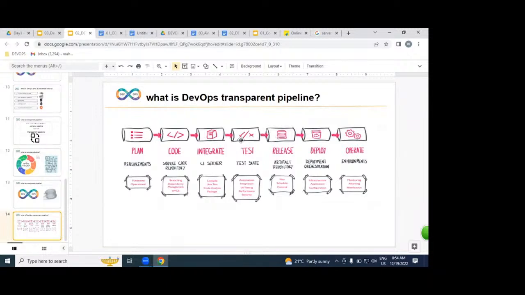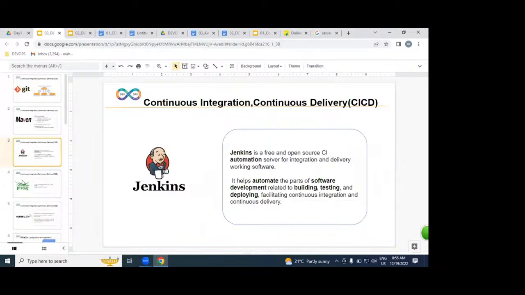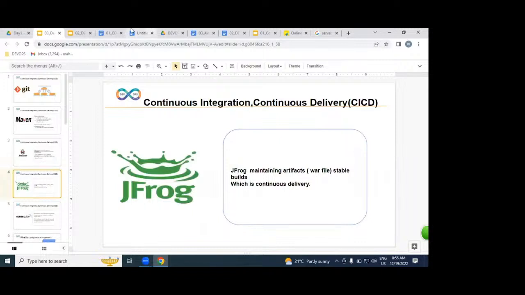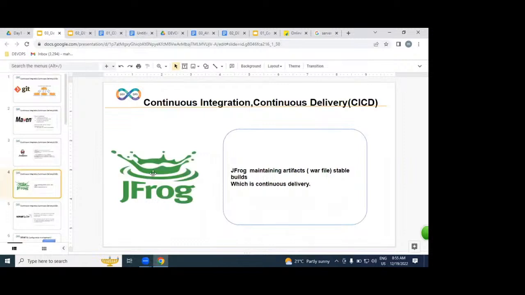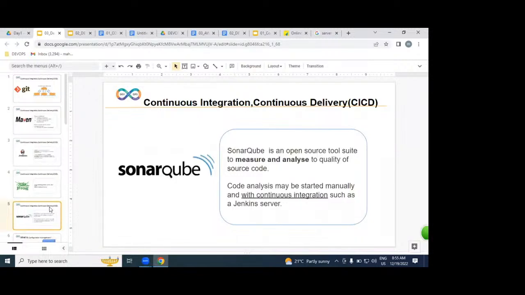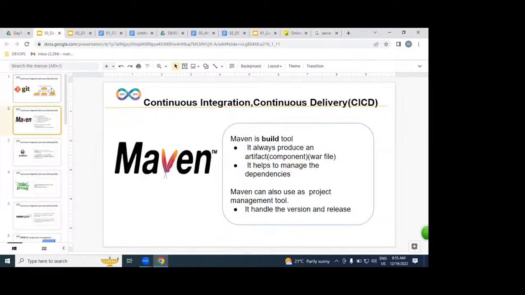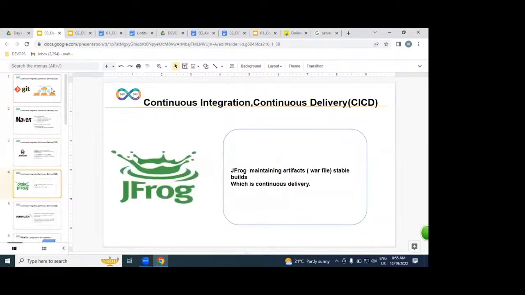Once it is automated, we are going to hold our working software in a release. The release is nothing but what? By using JFrog. JFrog is nothing but release. And we are going to be learning SonarQube. SonarQube is exactly a code analyzer. It is an optional tool, but we are going to discuss it. Using SonarQube, it will verify whether developers are following standards and give statistics and reports. List down the tools: Git, Maven, Jenkins, JFrog, SonarQube.